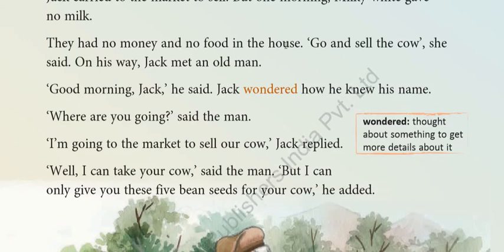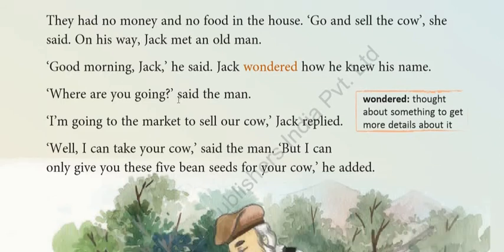So even on that day, the only source, the cow who gave the milk, stopped giving the milk. So immediately Jack's mother commanded him to go and sell the cow in the market. She thought that at least they would get the amount of money to survive for 8 to 10 days. So when Jack was going towards the market, on his way he met an old